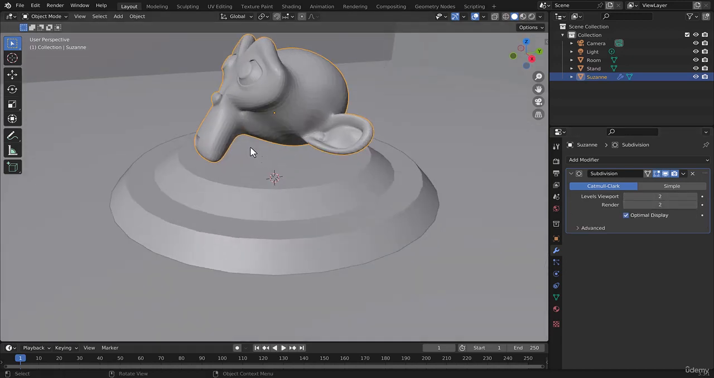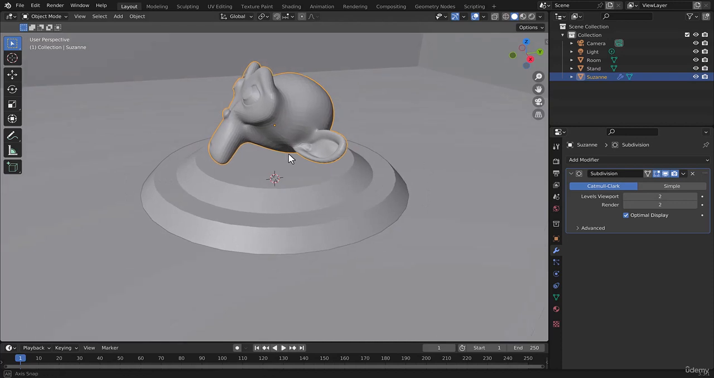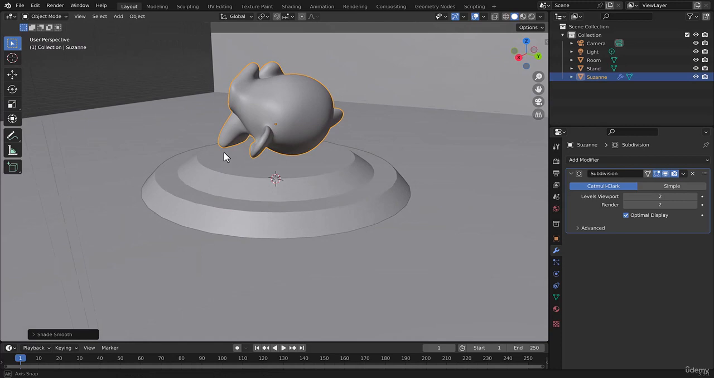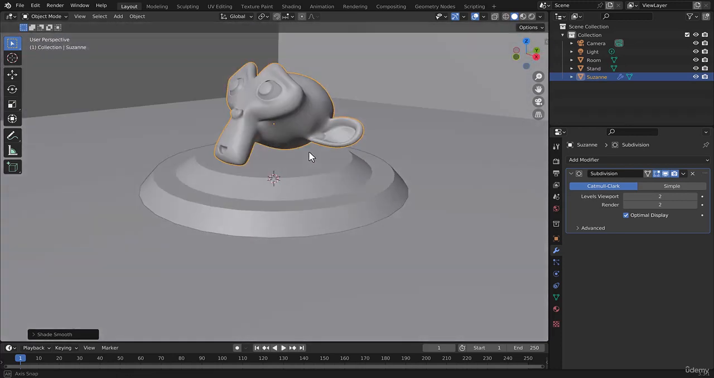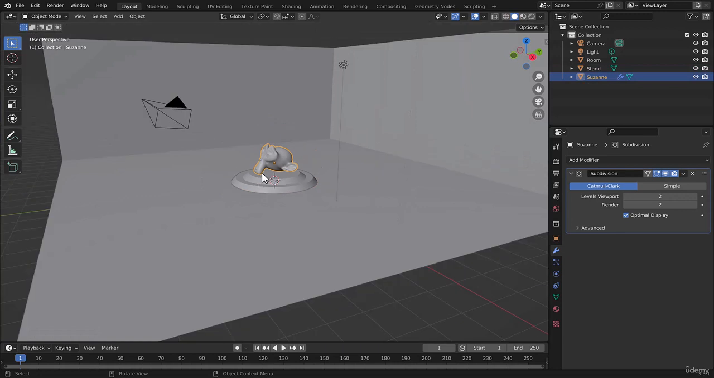We can still see many of the faces, but rather than increasing the viewport levels too high, we're going to repeat what we did for the stand. Right click and then shade auto smooth, or this time we can just use shade smooth and it should give us the same result. So now we have two objects that are nice and smooth and ready for rendering,